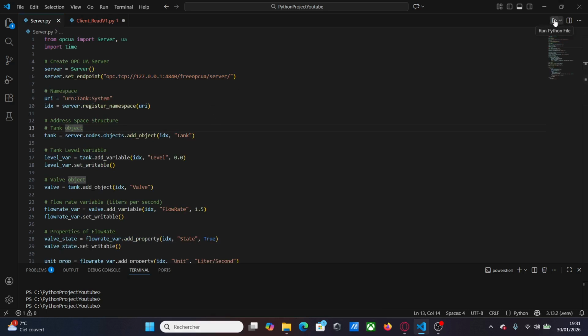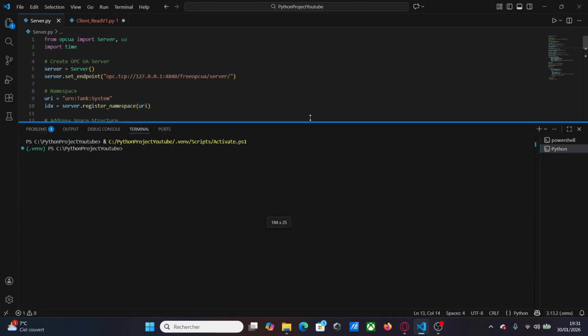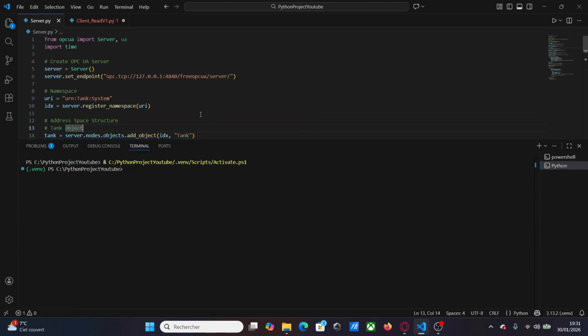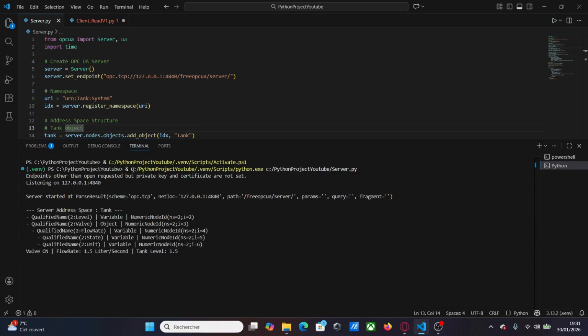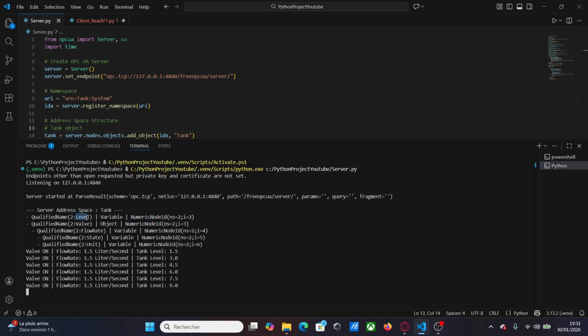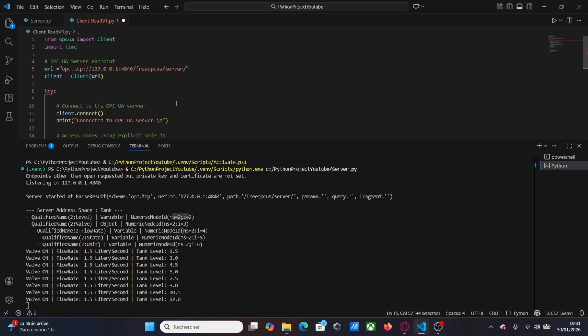So here we just launch my server, and from here you can see that I can display my nodes. For each one of my variables, objects or properties, I have my node ID. For the level, for example, it is ns=2;i=2. So I will use this